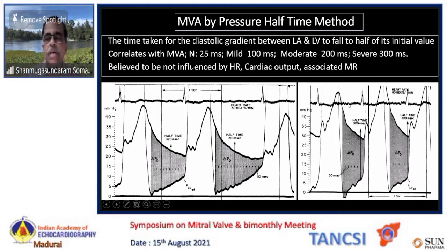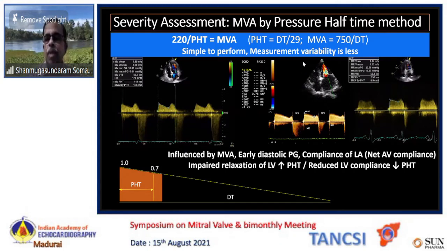Pressure half time method did not evolve after the introduction of echocardiography. This was known well ahead of it. Interventional cardiologists used to do that in the cath lab, to measure the time taken for the initial gradient to fall to 50% of its value. It was initially thought that this method is not likely to be influenced by the heart rate, cardiac output, associated MR, etc. But with the widespread usage of echo, we realized that